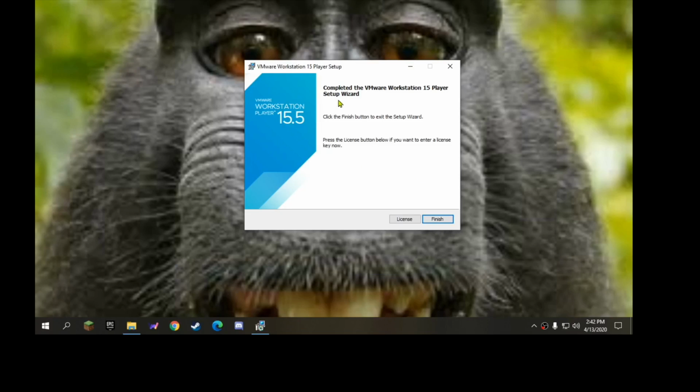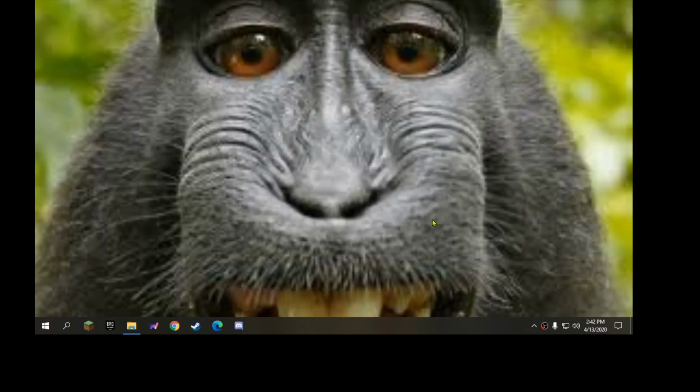And the setup is complete, so now you can hit finish. You can buy a license if you want. I think you'll have more features. But once you click finish, the download should be done. And that's how you install